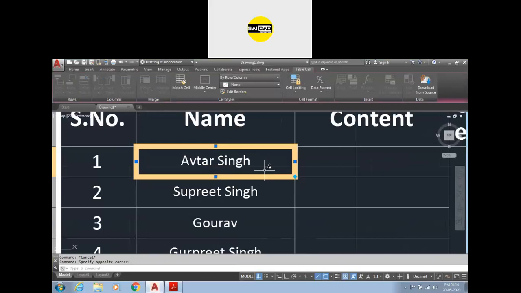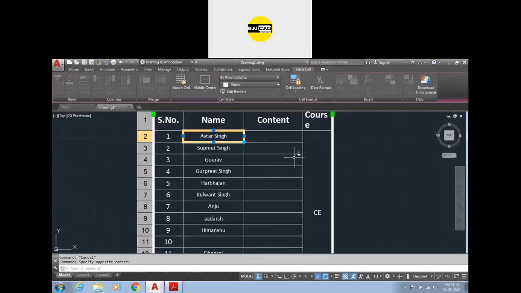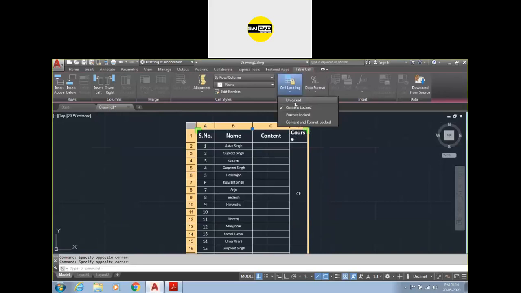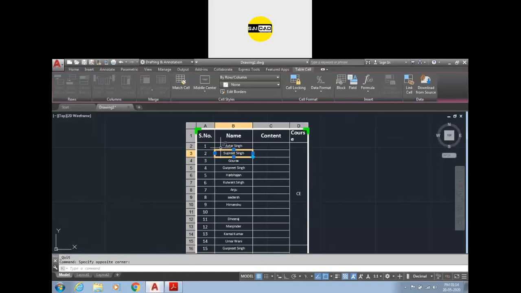You can see this cell is blocked, so you can just select all the cells like that and go to the cell locking and unlock everything, and after that you can just select this one.